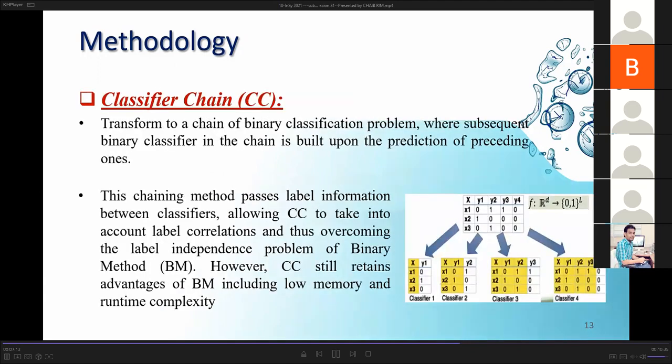Classifier chain transforms the problem into a chain of binary classification problems, where each subsequent binary classifier in the chain is built upon the predictions of the preceding ones. This chaining method passes label information between classifiers, allowing the classifier chain to take